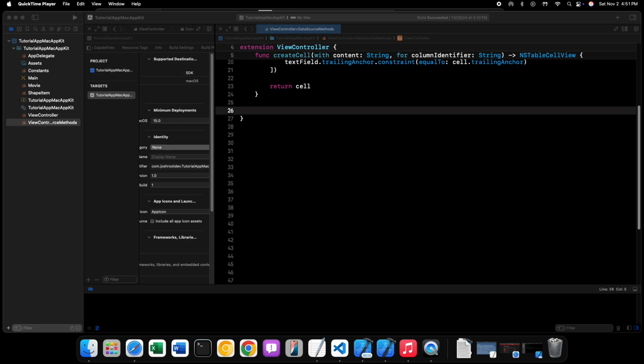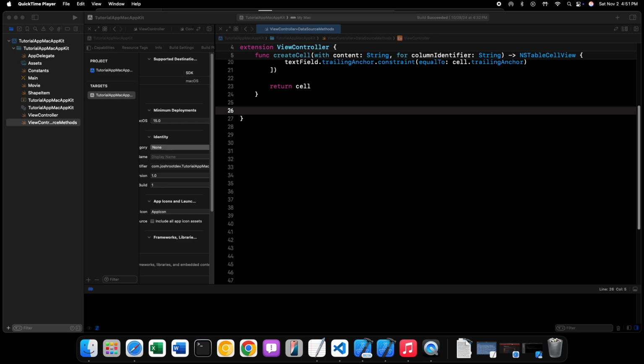Well, this other way of building a table view is a more modern way of doing it. What we're going to cover today came out with macOS Big Sur or macOS 11 back in 2020. And it is called